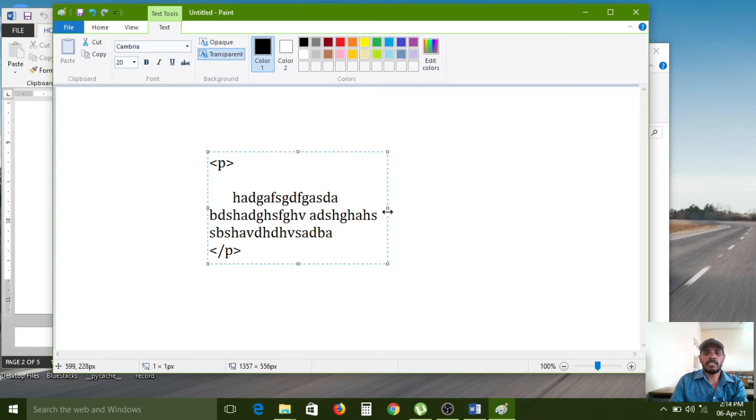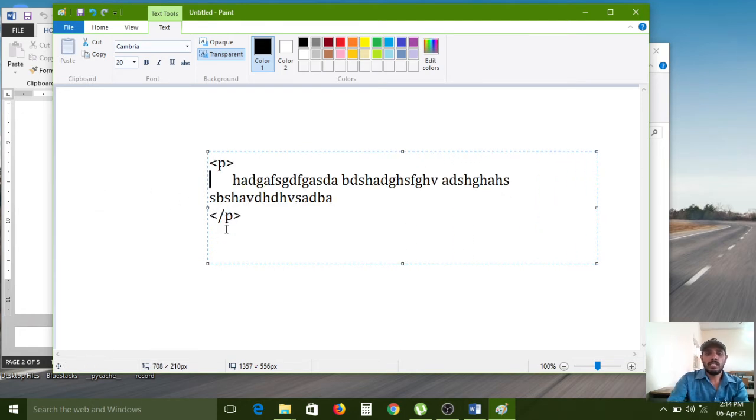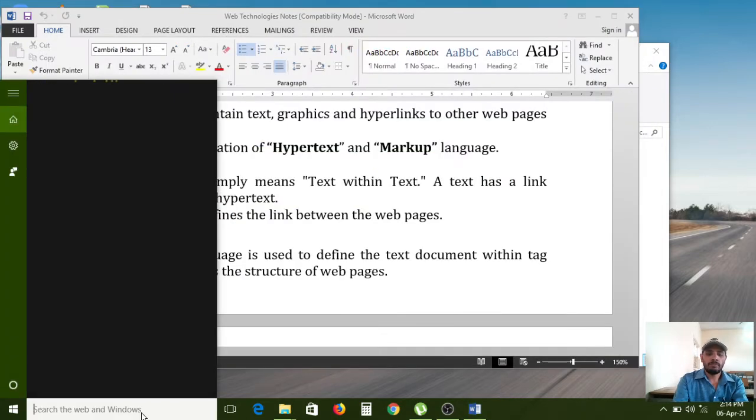So this is the syntax of this one. In between these two tags, we have typed a text content. Actually this is also one of the text, and these two are also one of the text. So text in between two tags, another text we have configured here. Text within the text is called like this. For your understanding purpose, now I am doing one simple program.